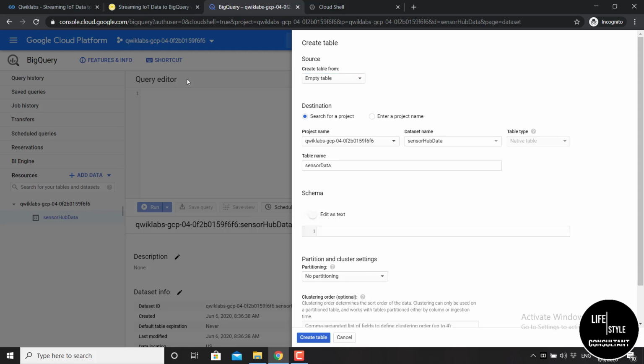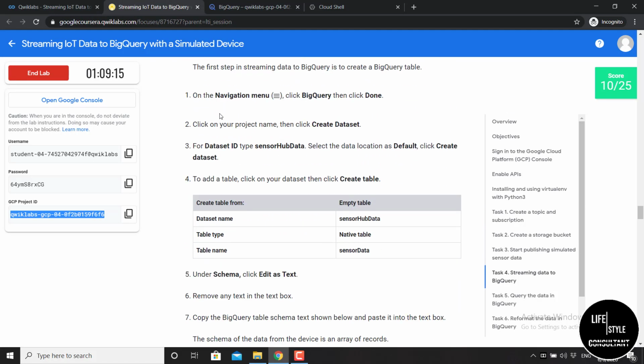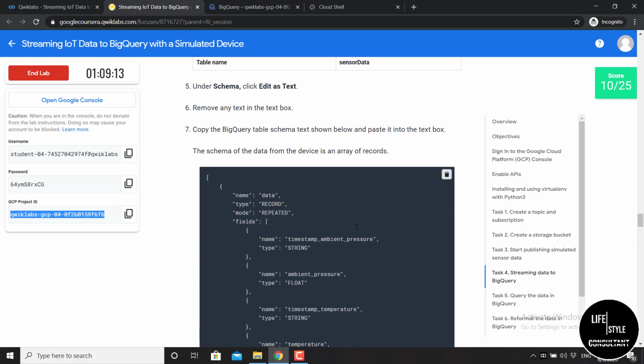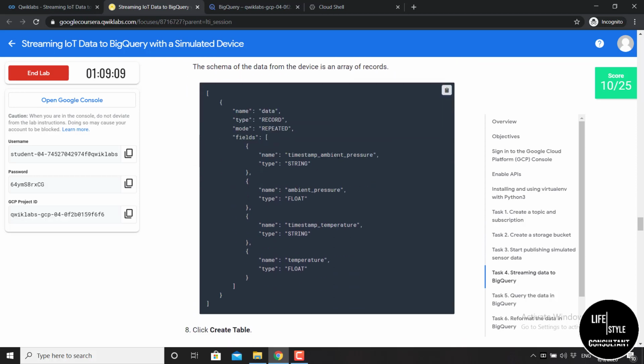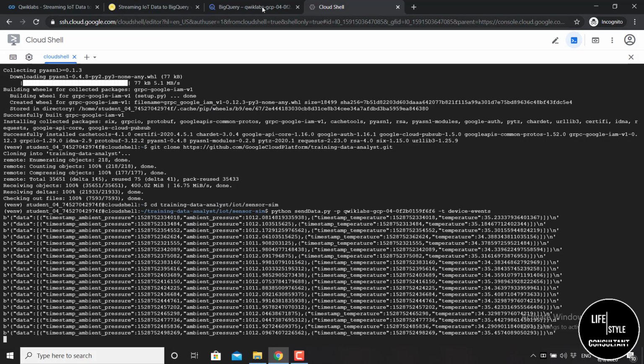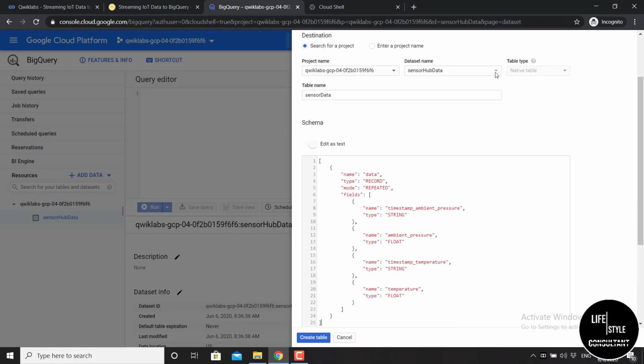Okay, after that, go to your instruction tab again, scroll it down and copy this. After that, go to this tab again, and here paste this using Ctrl+V.